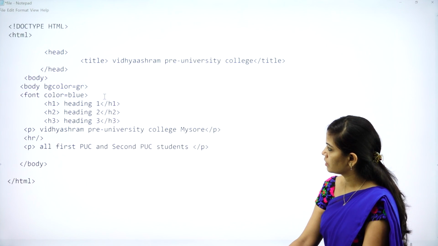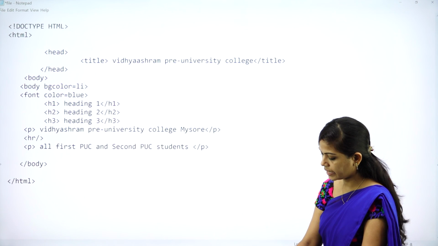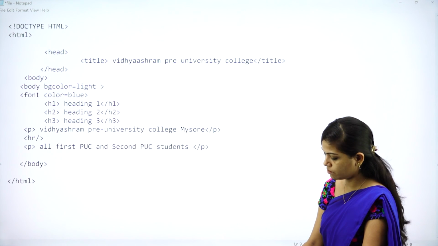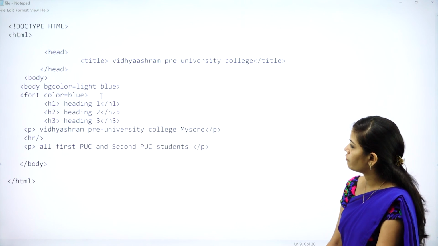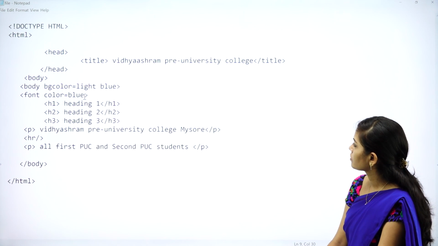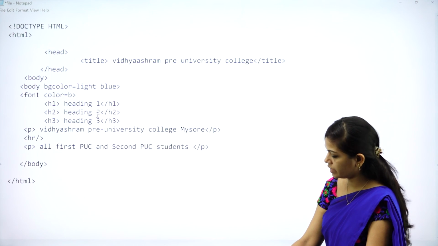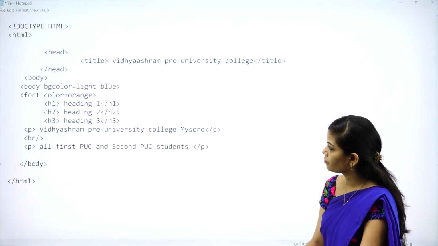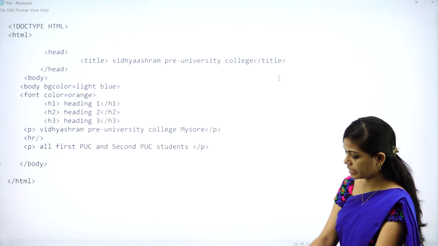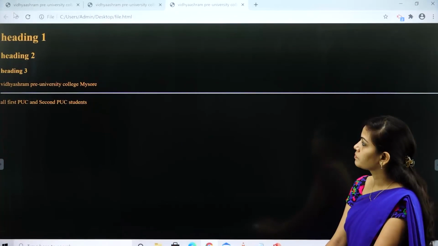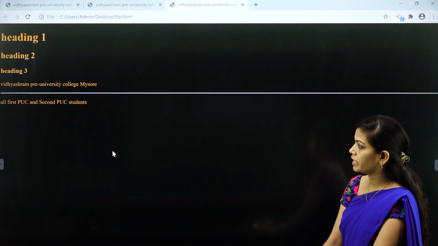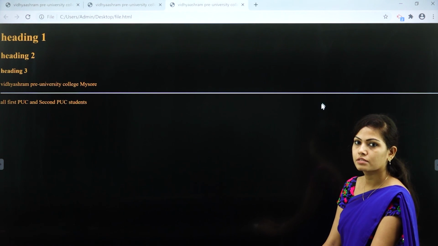So here I will give light blue. Again save the file and here I will give orange and save this again. So I have changed the colors.